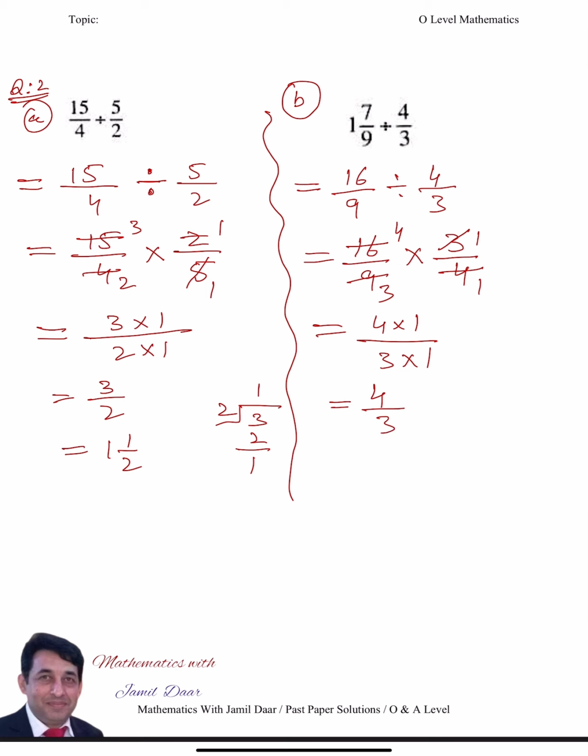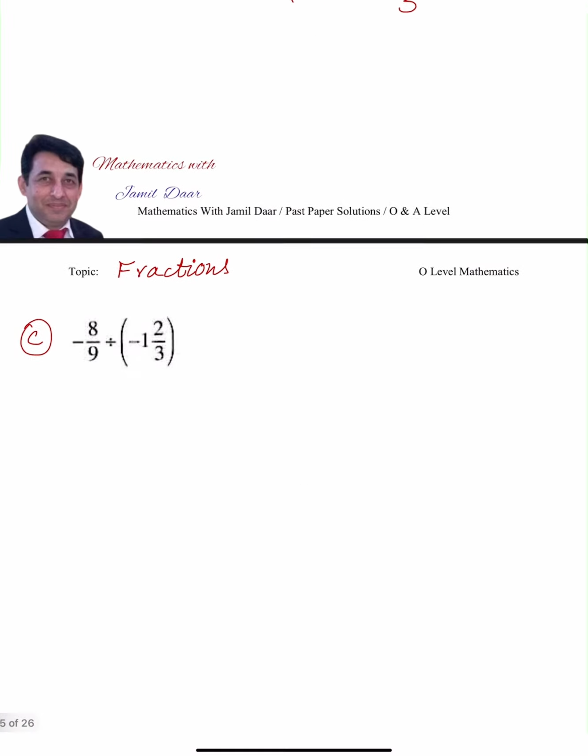This is an improper fraction because the numerator 4 is greater than the denominator 3. So we'll divide 4 by 3. 3 ones are 3, 1 left. So 1 is the answer, 1 is the remainder, and 3 is the divisor. So we have changed it into a mixed number. Next example is